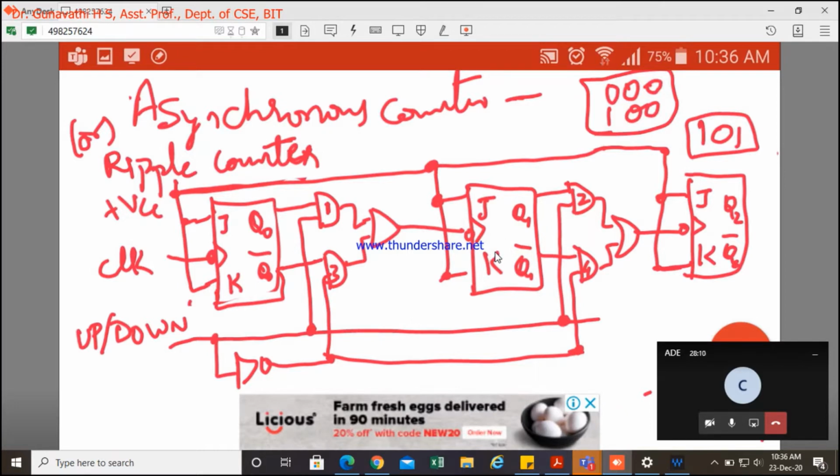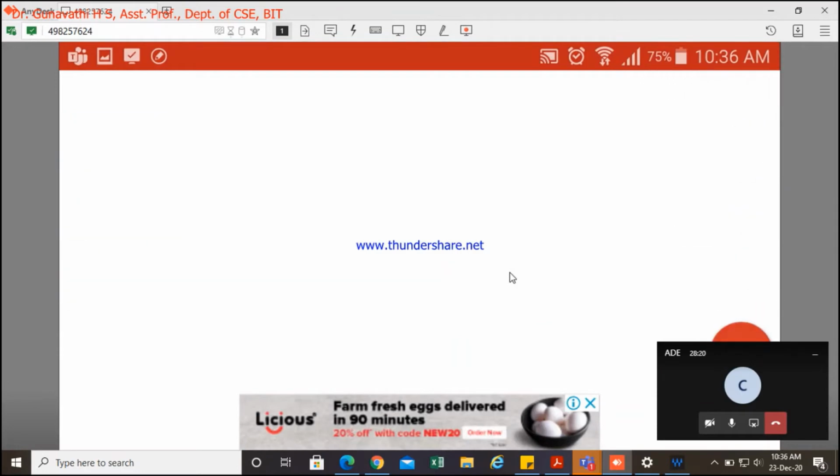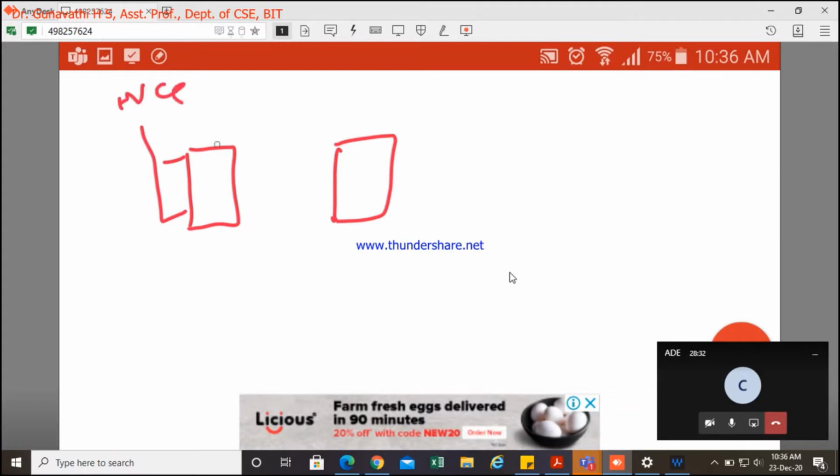Then how can I design mod 5? What can I do to make it mod 5? Can anybody think and tell me how you can make it mod 5? See, mod 4 is simple. If I want to make mod 4 by default connections with 2 flip-flops, just connect J and K to VCC. The same thing is connected here, J and K to VCC, and I want to make it an up counter. So the output of this is connected as the clock for this, and it works like mod 4.